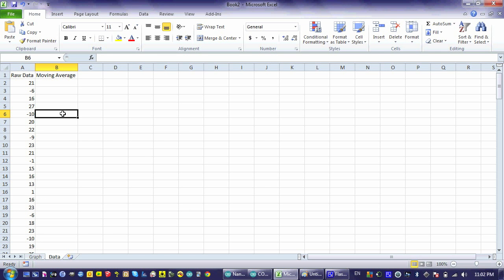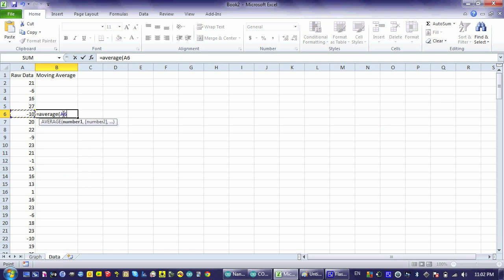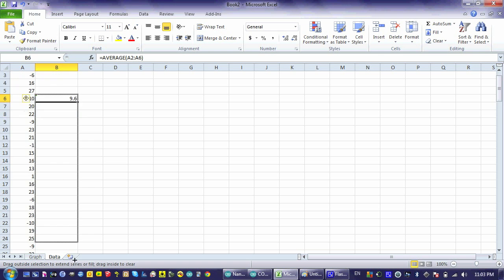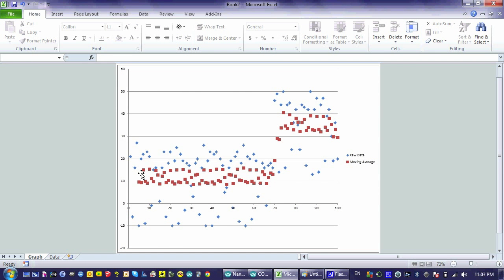So what I'm going to do is take the average of the previous 5 points of data, the current and previous 4 actually, and I'm going to try and use that number to base my decisions on. And if we graph this number, we will see that it is indeed quite a bit less variable. There's still a fair amount of variation in there, so I think we could probably improve the number